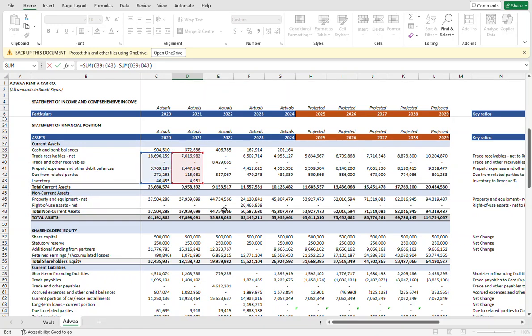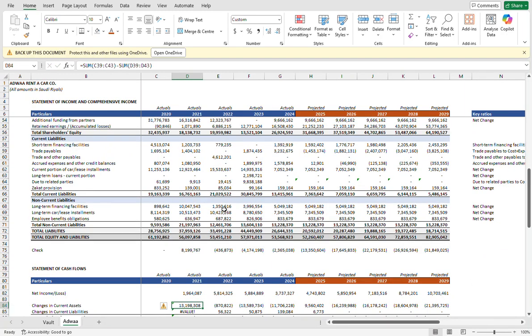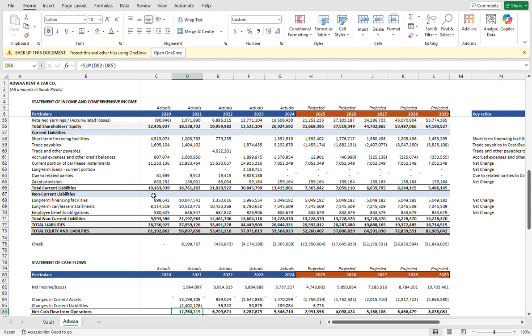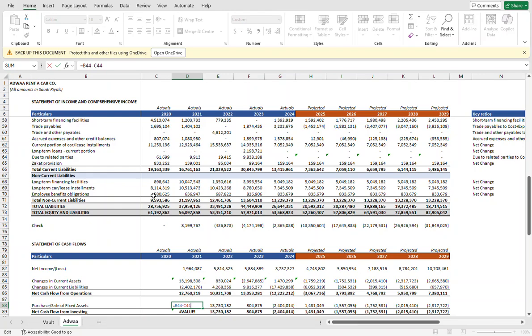Previous year minus current year. Yes. Current liabilities would be current year minus previous year. Yes. Formalized value. Sale of fixed asset